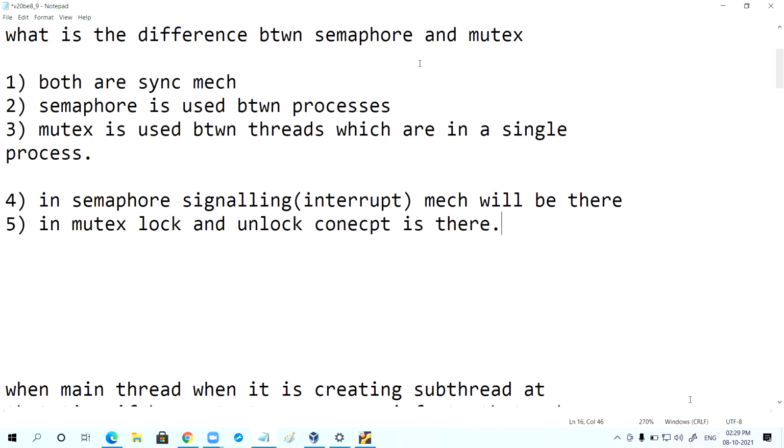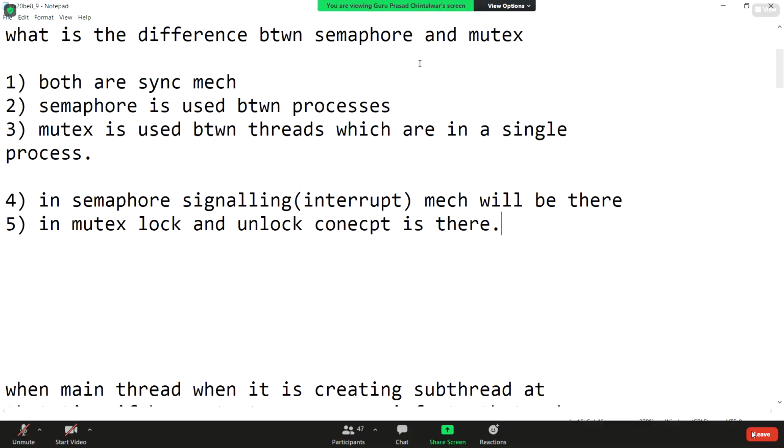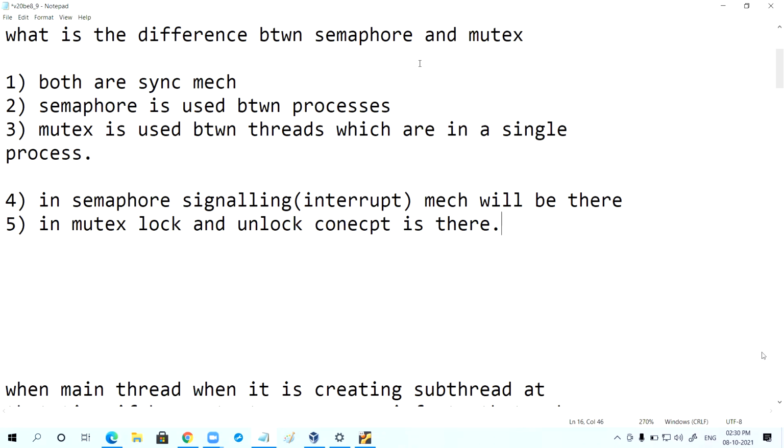After every lock operation, you must and should unlock so that others can lock it. Like, a very simple incident I'll tell you. You entering into the washroom, definitely that is a locking and unlocking concept. Yes or no?